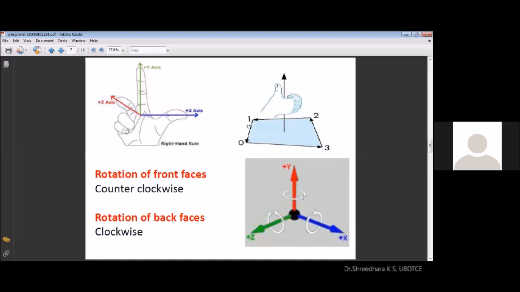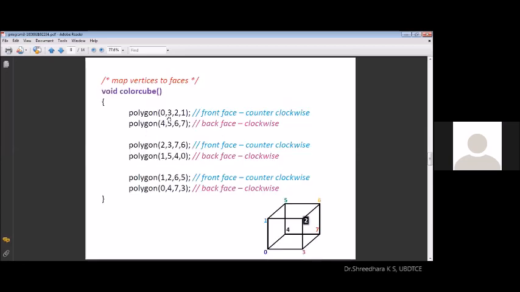So this mathematical support helps in identifying the faces towards the user and some of the faces backwards. With this support, we'll make all the numbers clear so that when the front face is 0, 3, 2, 1, it is a front face with counterclockwise observation. Then for 4, 5, 6, 7, you observe this as 0, 3, 2, 1, front face.